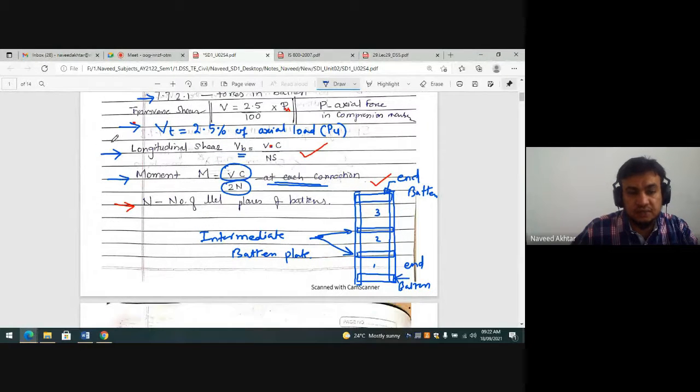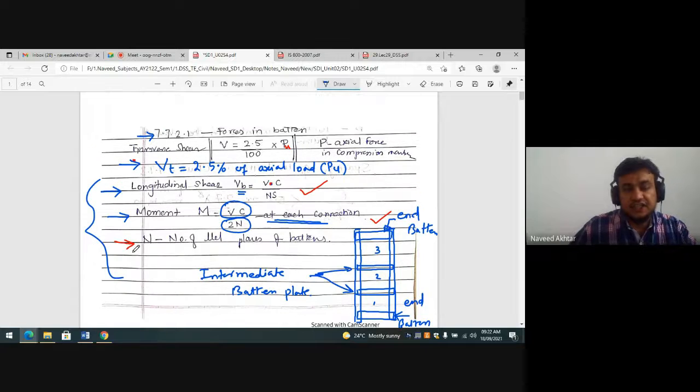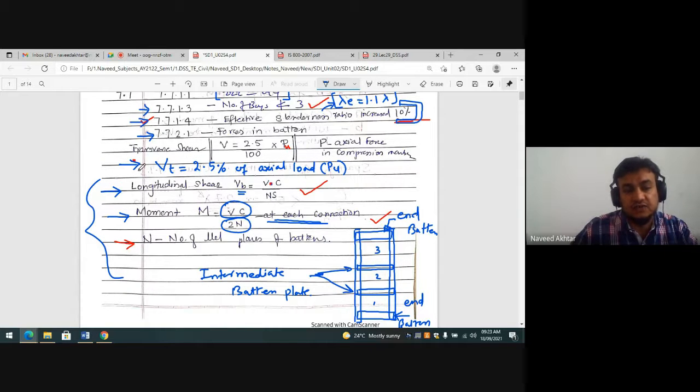Okay, so this batten shall be designed for this, and also we have to check these moments on your main members also. The main members, which are your two columns, also have to be checked for this, right? In the lacing system what we did was we only found Vt. From Vt we found the compressive force that is acting, okay, so that's why we designed for that compressive force, and we are considering that the lacing members are acting as a small column, and we designed and checked the column for the lacing system.